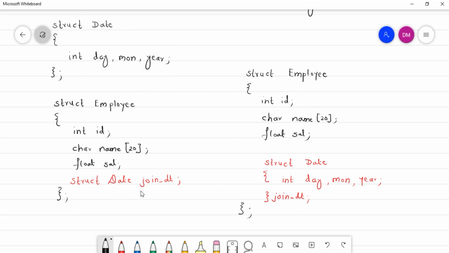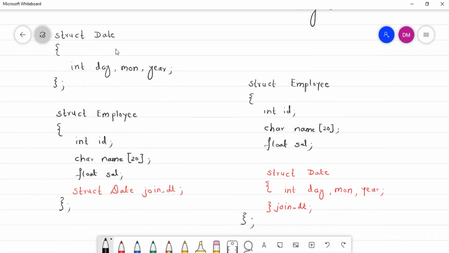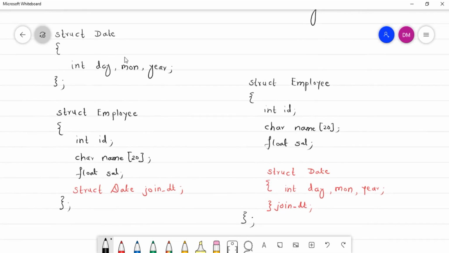Even assume that you are defining one more structure, say manager, and you also want to store his joining date. In that case you can use the same date structure which is already defined. So definitely my preference is for this, but if you want to limit its use, then definitely you can define it inside the other structure.